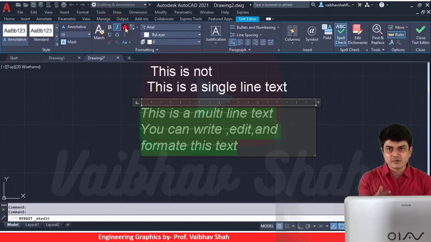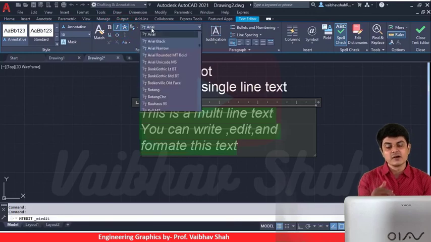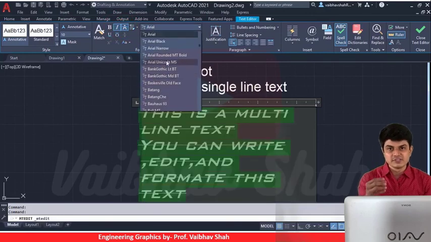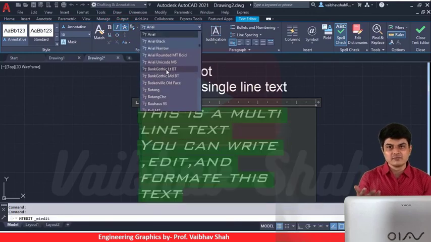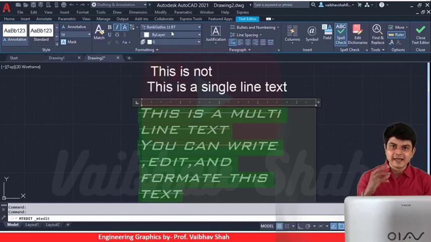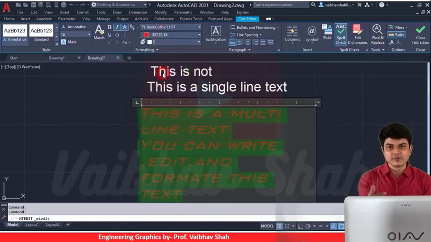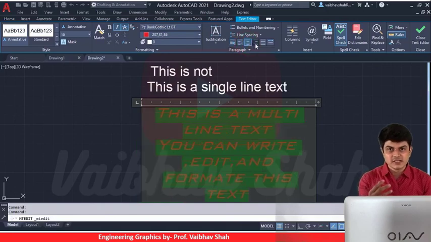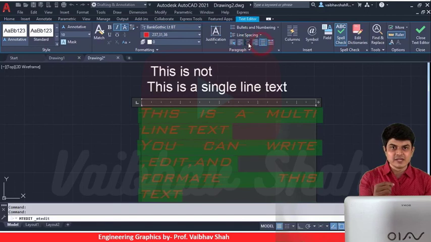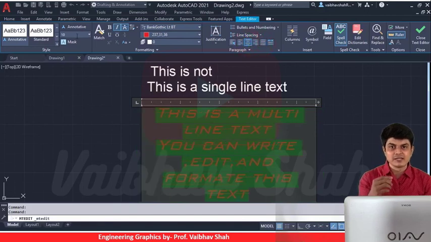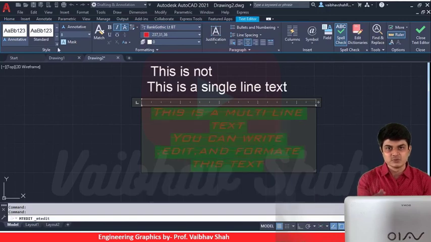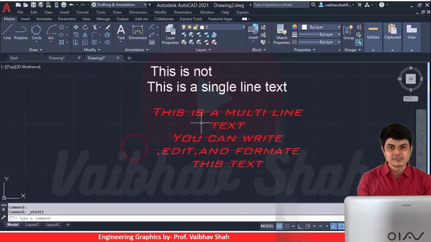You can even strike out. You can change the color or change the font. I will change the font to any of the fonts listed below. I can change the color too, so I will select red. I can select the justification, so let us try different justifications. That is the flexibility we have in multi-line text, and that's why multi-line texts are majorly used in AutoCAD software. So let me get back to this new size. When you are okay, just click outside and you will have this multi-line text.